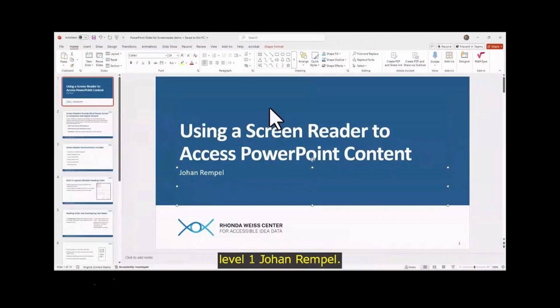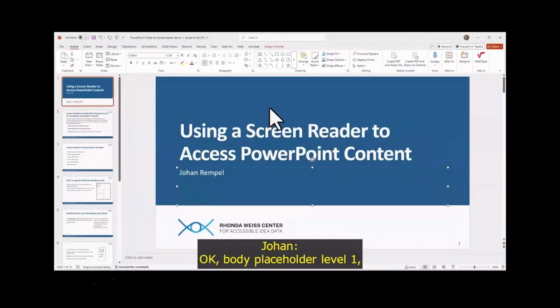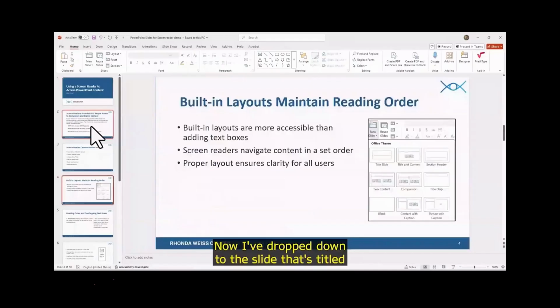Body placeholder level 1, Johan Rempel. Okay, body placeholder level 1. So very intuitive. Now I've dropped down to the slide that's titled Built-in Layouts Maintain Reading Order, and there's actually